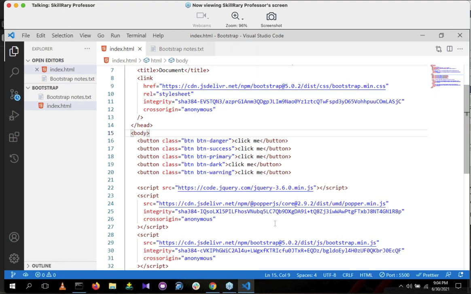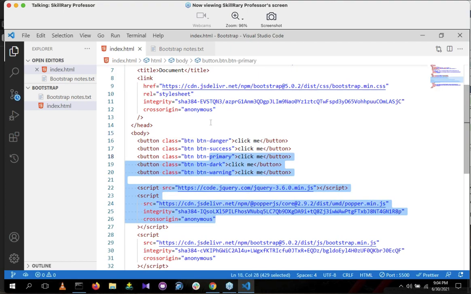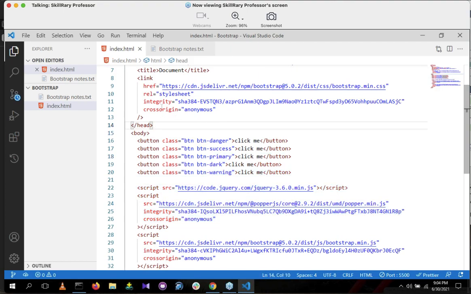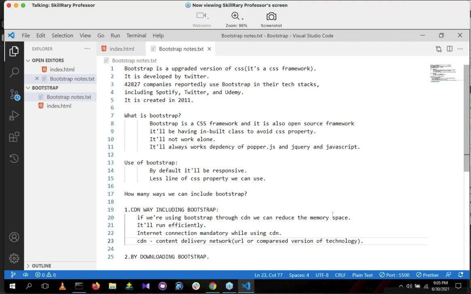Sir, I'm getting all my output in white color. Why, sir? Sandhu Priya, check your links. You have made a mistake in linking. Check your links. Complete the notes. Okay, take down the notes. Then I'll share the codes. Then I'll show the code. Take the code also. Then I'll show the downloading process.